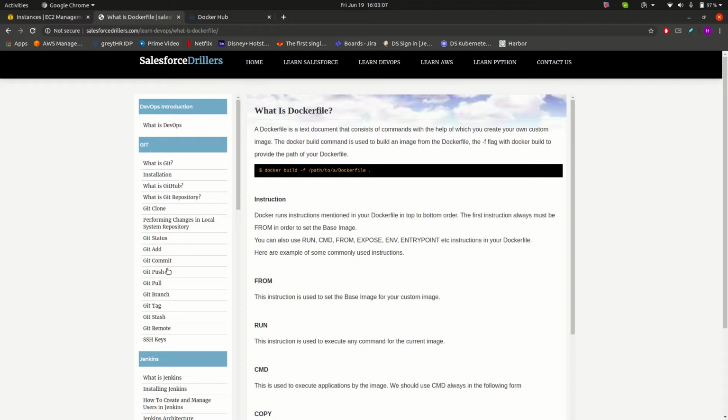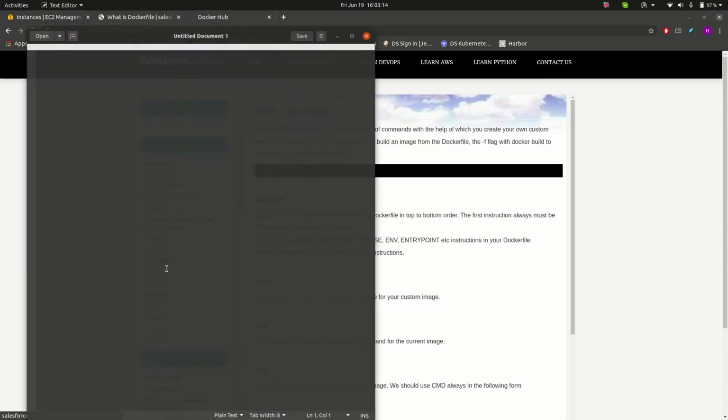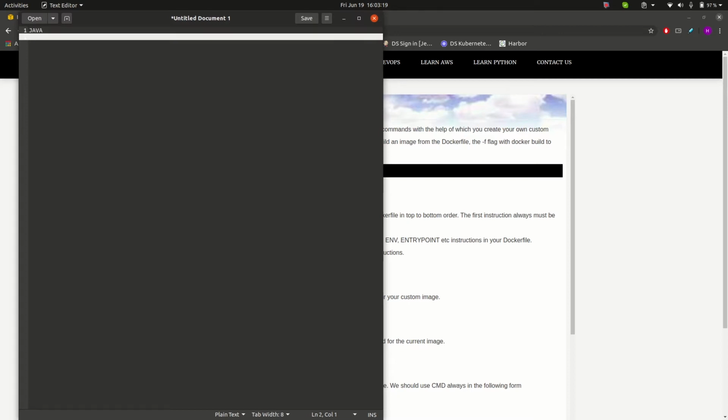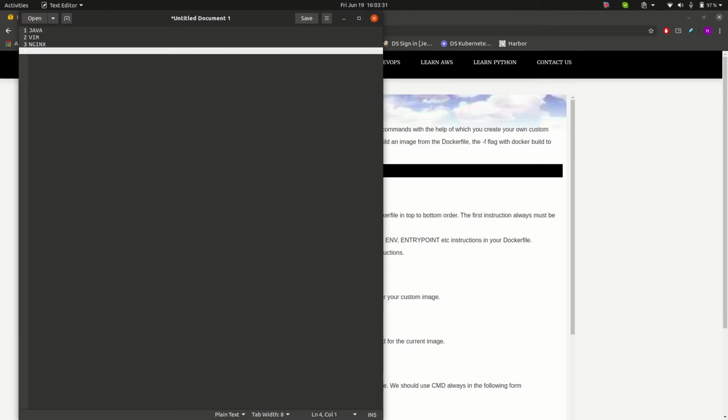For example, let me open my text editor. Suppose I want an image that consists of Java and has a Vim editor in it, and along with this it should also have a reverse proxy web server, that is Nginx, and some net tools.